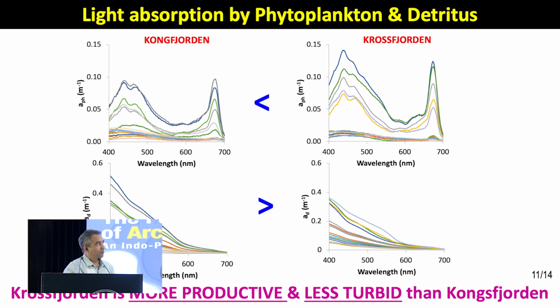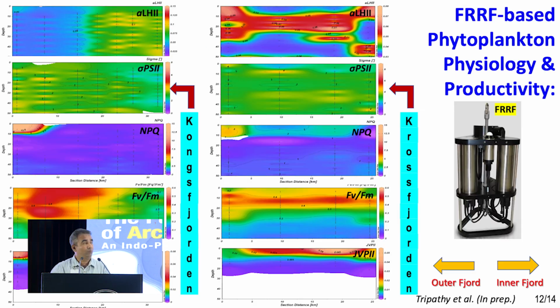We also used a state-of-the-art technology called the fast repetition rate fluorometer. It gives a lot of physiological parameters which can be interpreted in different ways and can give very crucial information about the marine environment. The panels show, first, light harvesting, that is how much antenna is used by the phytoplankton to receive the light. The second one shows the cross section of light absorption. And the third one is how much light is being dissipated by the phytoplankton,